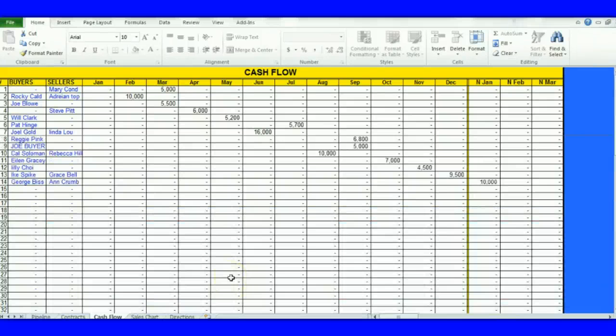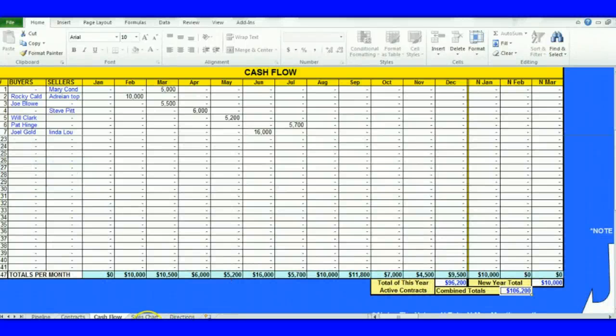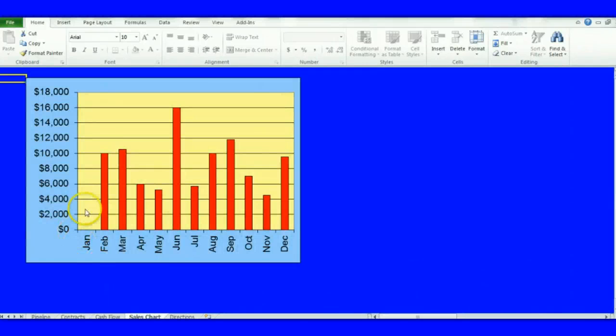What we want to do now is take a look at your sales chart, and if we look at your sales chart, notice that January is empty, and look, you've got everything different over here, and you know what, it's giving you all of the projections. $16,000 coming in this month in commissions, $12,000 on this month, September, or just about $12,000.